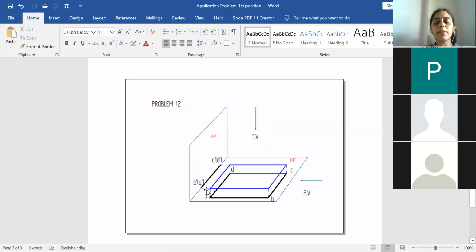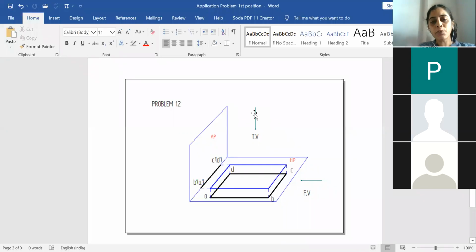Okay, so the given lamina will be resting in such a way that it has a longer side here and the shorter side. So this entire lamina will be parallel to our HP plane. So in this case, if you name the lamina as A, B, C and D, when you view from the front, you can see the projection of B and A. The observer views from here, so B will be visible and A will be hidden. And hence the hidden one is written in the bracket, B dash and A dash. Similarly, when the observer views from here, C will be visible and D will be hidden as it is on the same line. And hence you write it as C dash and D dash. So this will be our front view.